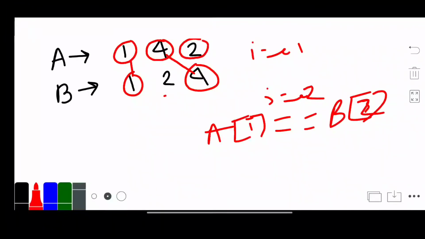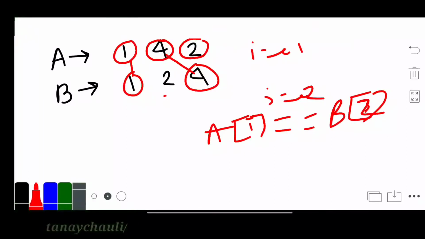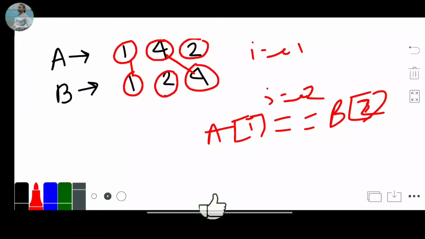Now we check the next element, that is 2. As you can see, 2 is matched with B's element 2, but if we draw a line between these two, then it will intersect the 4 and 4 line. In our question, the line we draw doesn't intersect any other connecting line, so we can't draw this line. So here we can take only 4 4 or 2 2. We have to choose one of them.